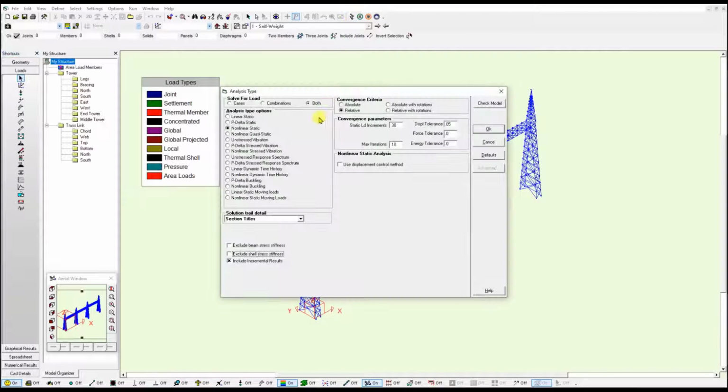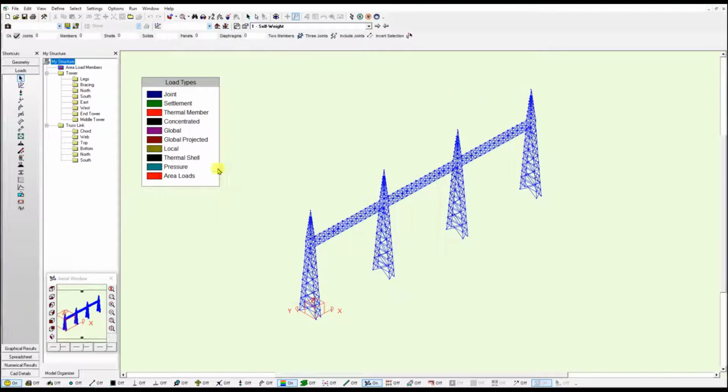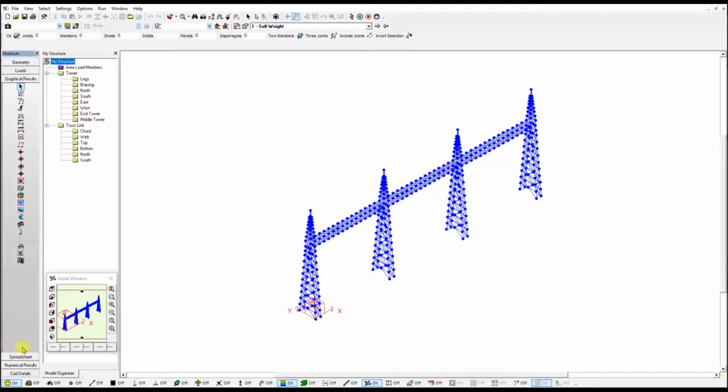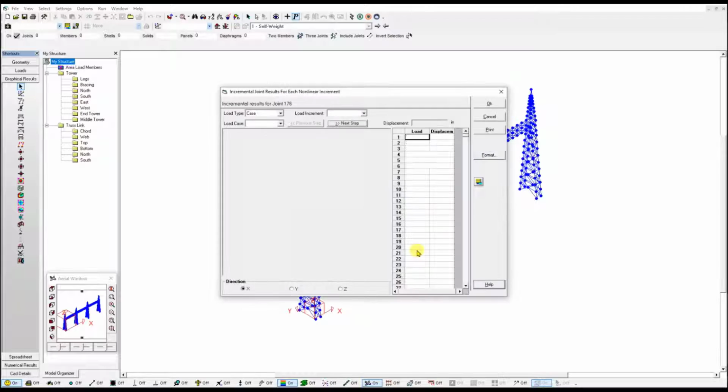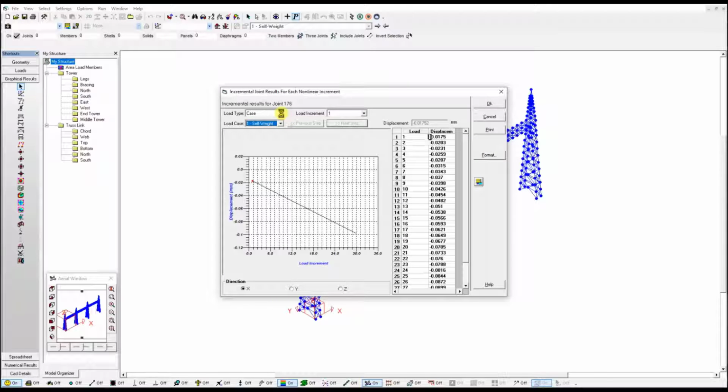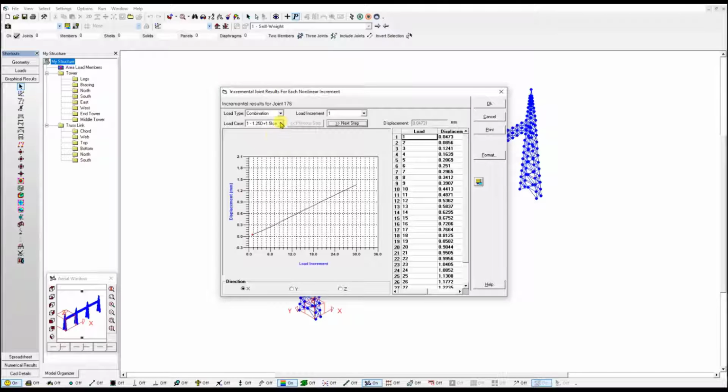We go to run and run a nonlinear static analysis. And please note I set up 30 load increments to see how the model is changing at each step. I run this analysis, and when I go to the graphical results window, I can just click on one node of interest, access the incremental results, select the load combination that I would like to see, in this case load